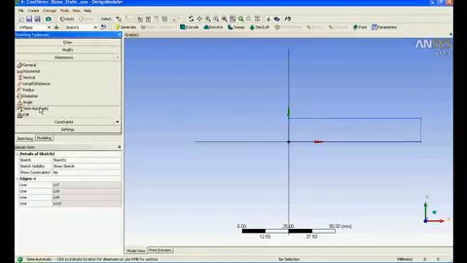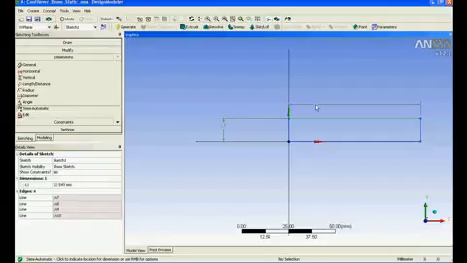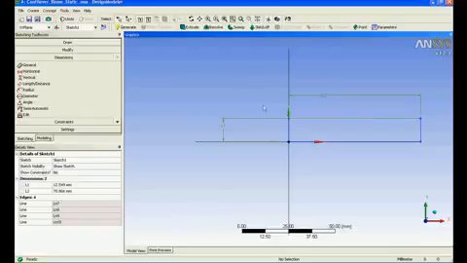I'll go to dimension, I'll select semi-automatic. Semi-automatic means it will define the minimum dimensions required to define my entire rectangle automatically. So as soon as I place my cursor, it has automatically selected, and you could see these are the only two parameters that are required to define my entire rectangle.